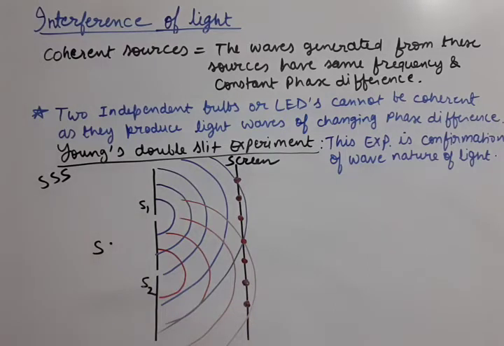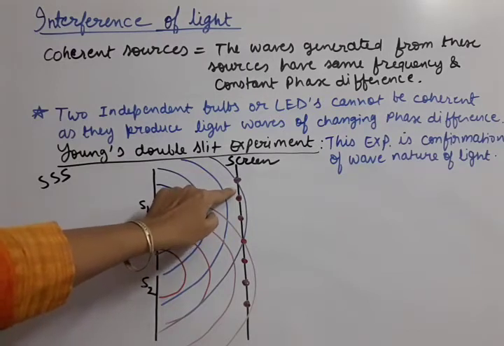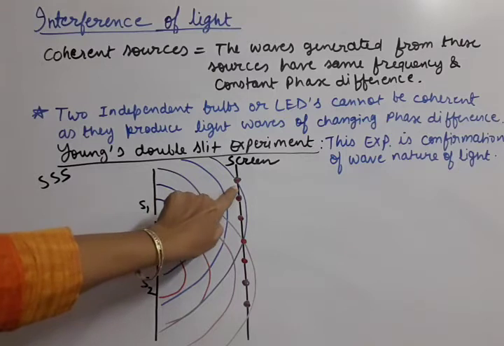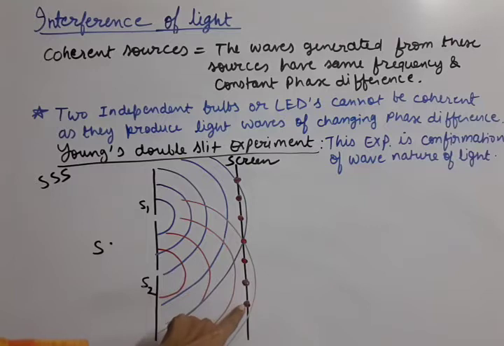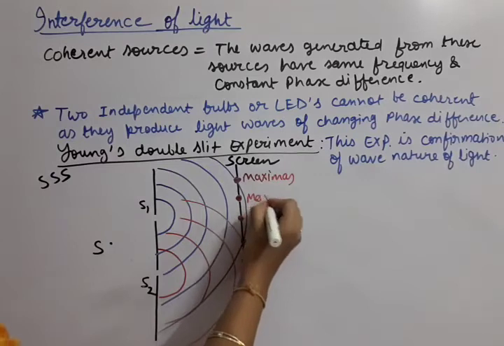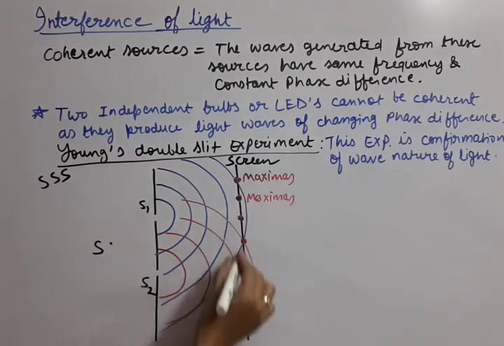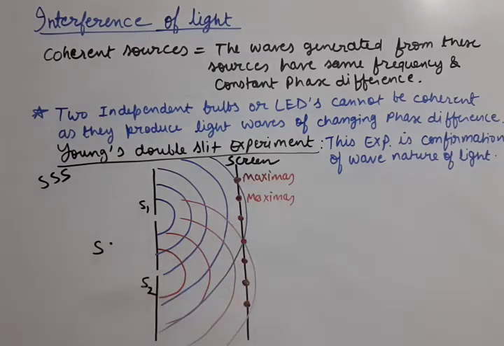And there will be the points just in between where we will get no intensity or minimum intensity. Okay, these points will be called minima. So where the intensity is contributed by both sides of wavefronts, there we will get maximas, and in between maximas we will get minimas. So all these are maximas. Okay, these dots are all maximas, and in between any two maxima, a minima is obtained. Okay, so this is the explanation of Young's experiment by Huygens theory.